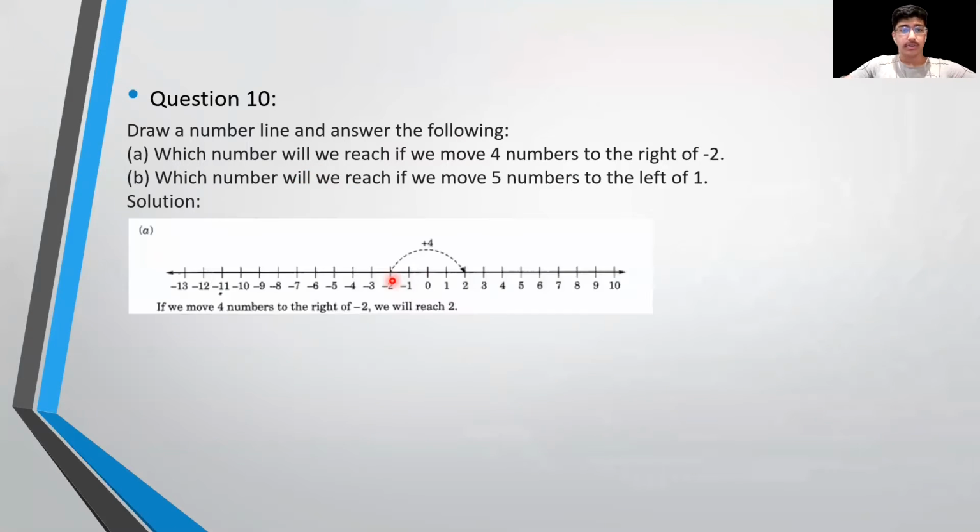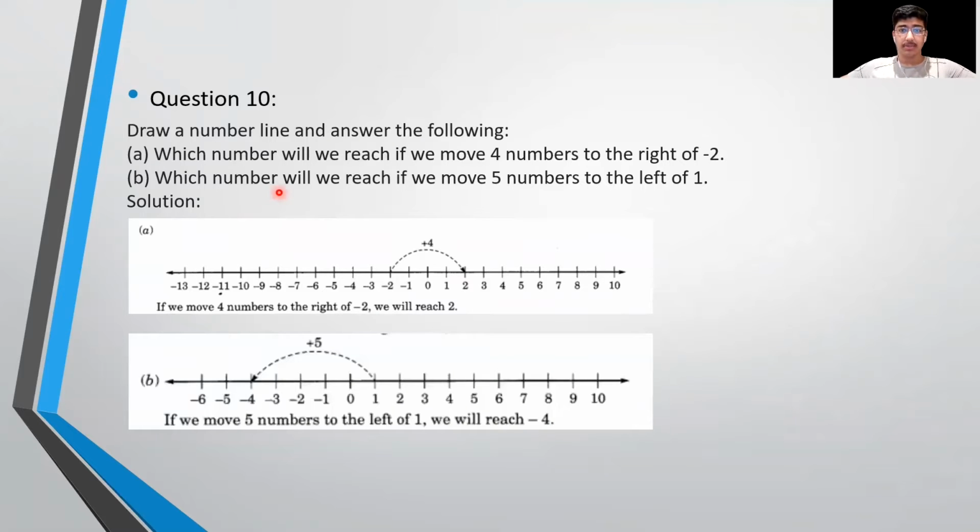Okay, so let's take a number line. First, we have to identify where minus 2 is on a number line. Once we have done that, we have to move 4 numbers to the right. So if we move 4 numbers to the right, we will end up at plus 2. All right, so that's the first one. And the second one,